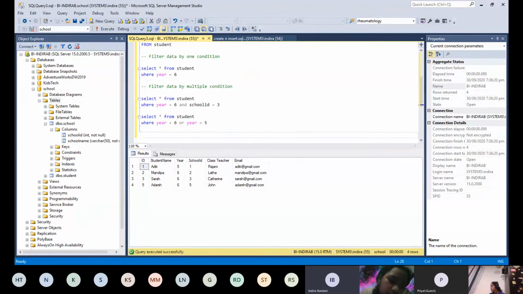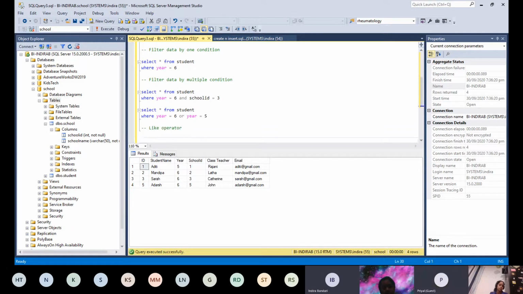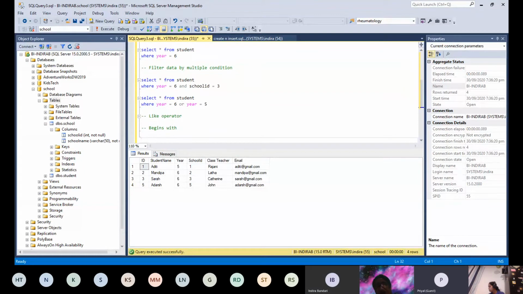No. Okay. What else did we cover last time? Anyone remembers? Did we cover the like operator? Yes? Okay. So like operator we can use in 3 ways. What are the 3 ways? Can you remember? It's like where column, it's what you can remember. Yeah, so one we can use begins with, the other one we can use ends with, and the third one you can use contains.